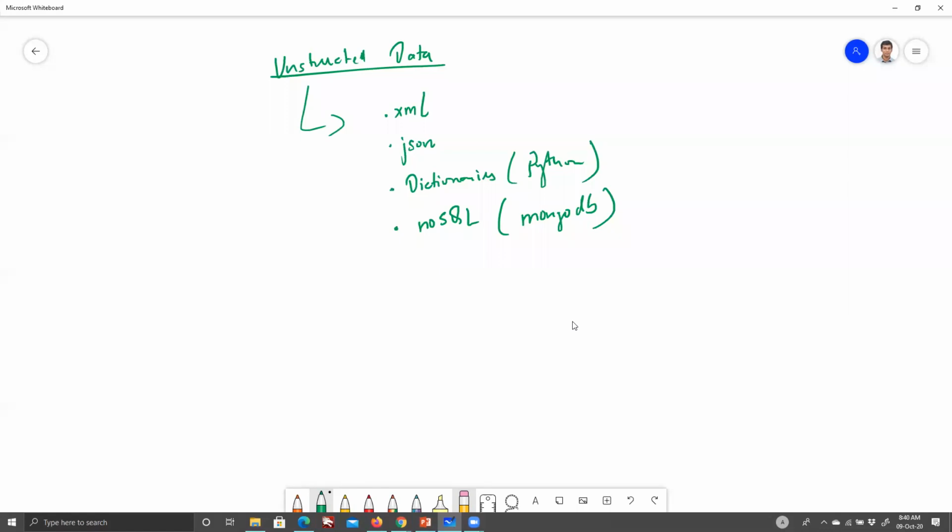So XML, JSON, dictionaries, and NoSQL are the way to go usually going forward. Whenever you are doing communication over the internet, any kind of REST protocol or something, ideally we are sticking with XML and JSON. Within Python, I can tell you to use dictionaries. That will be the best way to handle them. And at the DB level, you will have to think about NoSQL, because SQL datasets or classic DBMS or RDBMS datasets are not going to be good enough to handle the unstructured data.